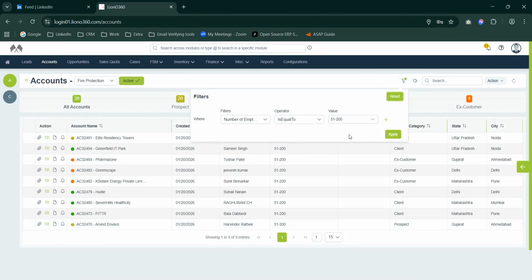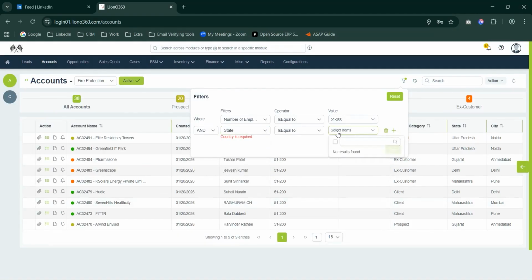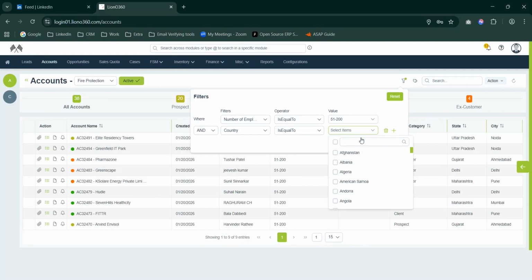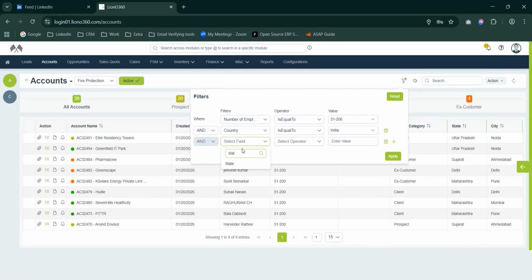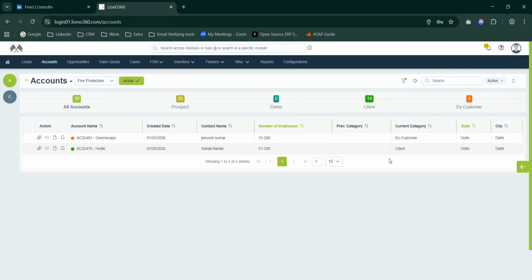Now if you want to add more conditions to the existing filter, click on the plus icon and go here. Let's suppose we want to filter on the basis of state, and here we need to put the country first. Country is equal to India, then state Delhi, and apply. Now it will only show the accounts with employee size between 51 to 200 and